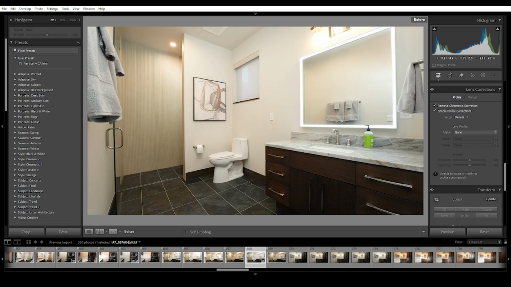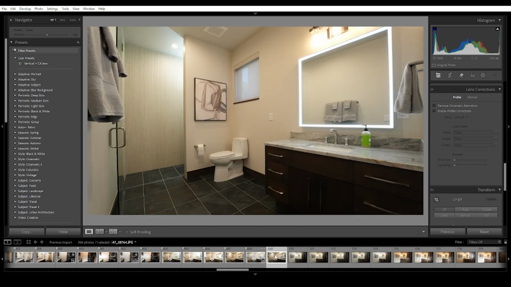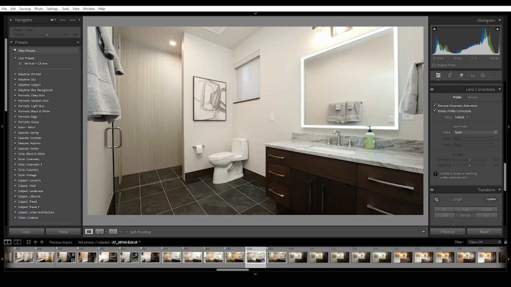So if we go before, after. Those are just the edits that we did in Lightroom just now. The actual before and after would be something like this. So there's our first shot, and there's our final. It just looks so much better doing this like bracketing,